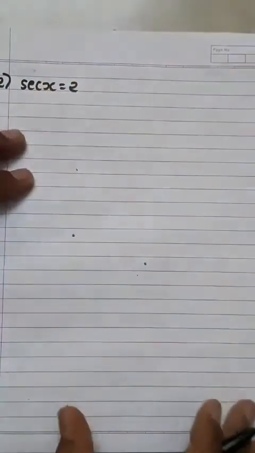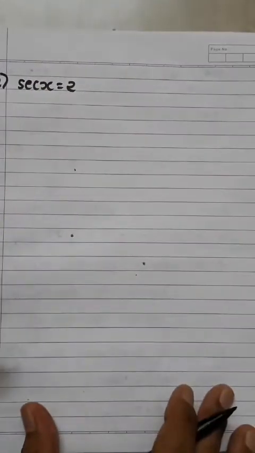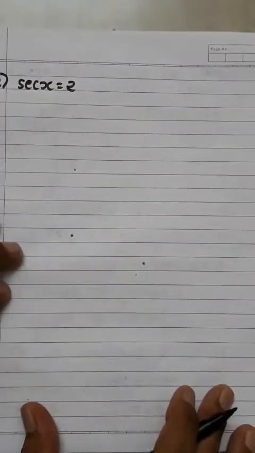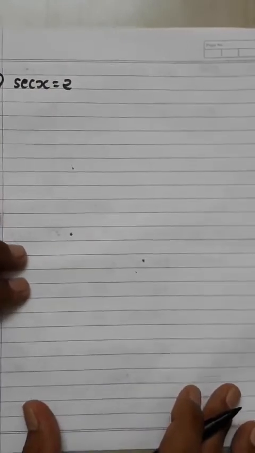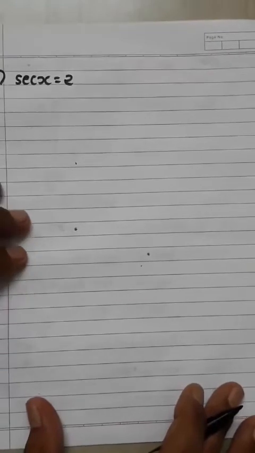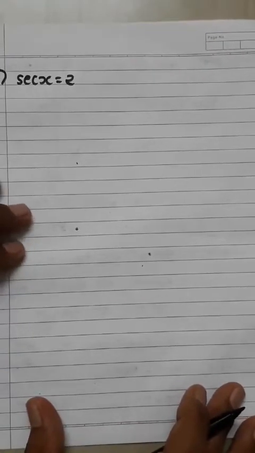Next question. Sec x is equal to 2. Now, only three general solutions are present in our syllabus: sin x, cos x and tan x. Now here the value is given in sec x. So first of all, convert this value into cos form. So our first step: